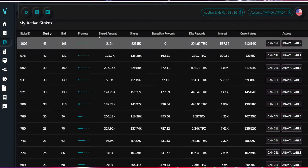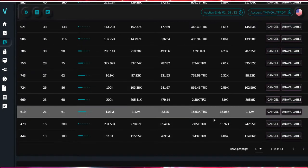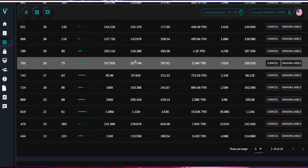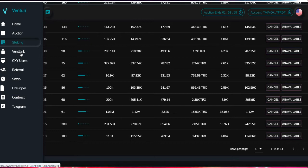So my stakes have been going quite well. You put them into the staking. This stake here is my biggest one, 1 million. I really wish I had added another 10 days on that, or even 20 days, because I've just been liking it so much. And what happens, the third part of this platform that I was telling you about, is this